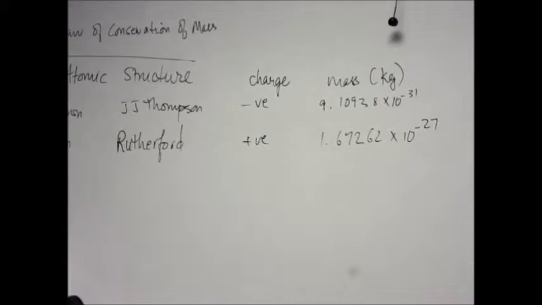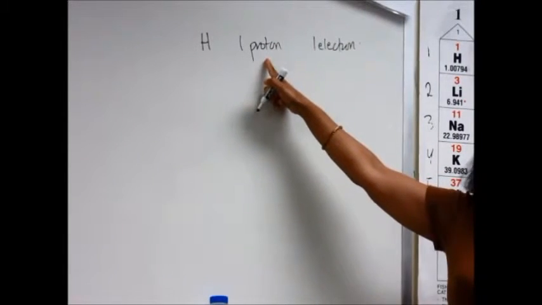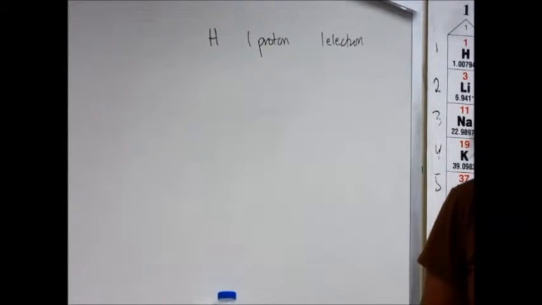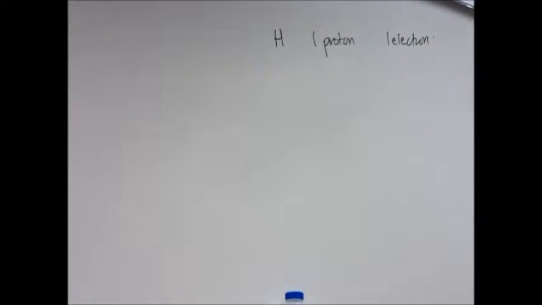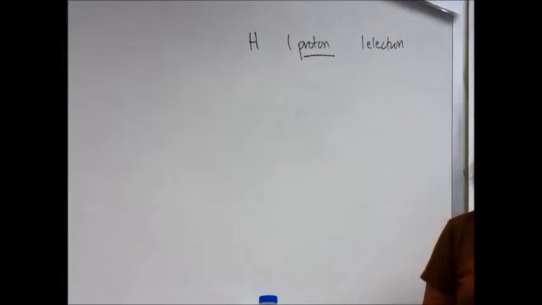Hydrogen has one proton and therefore one electron. The mass of hydrogen is 1, which means the entire mass is coming from the proton. That's what it indicates. Electrons are considered to be pretty weightless. When we do the mass of any atom, we don't account for the electrons at all, which means that the major mass is coming from the proton.